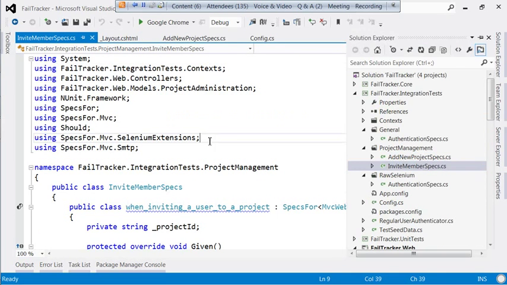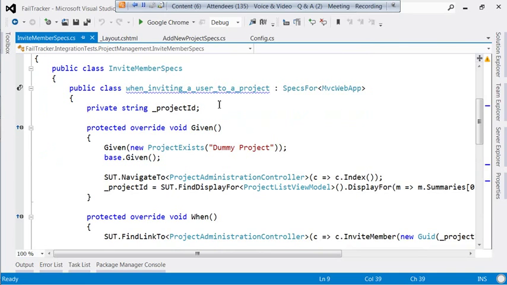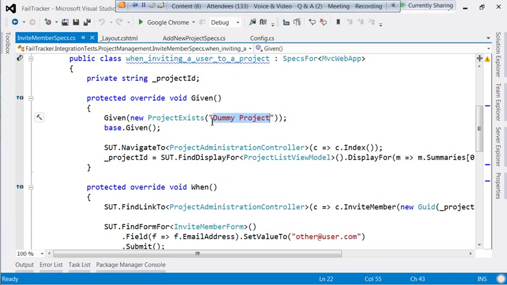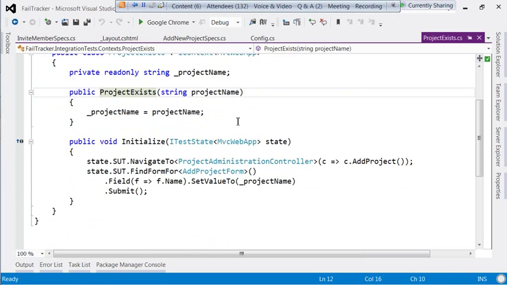So let's look at the specs for inviting a new member to a project. For this set of specs, I'm taking advantage of some additional functionality from SpecsFor. SpecsFor has the ability to compose context for a test together. So I'm able to say, given some new project exists, I want to create a project named Dummy Project. I don't have to write all the code here in this spec for navigating the UI and creating the project. I've got all that logic encapsulated in this reusable context that I can use with